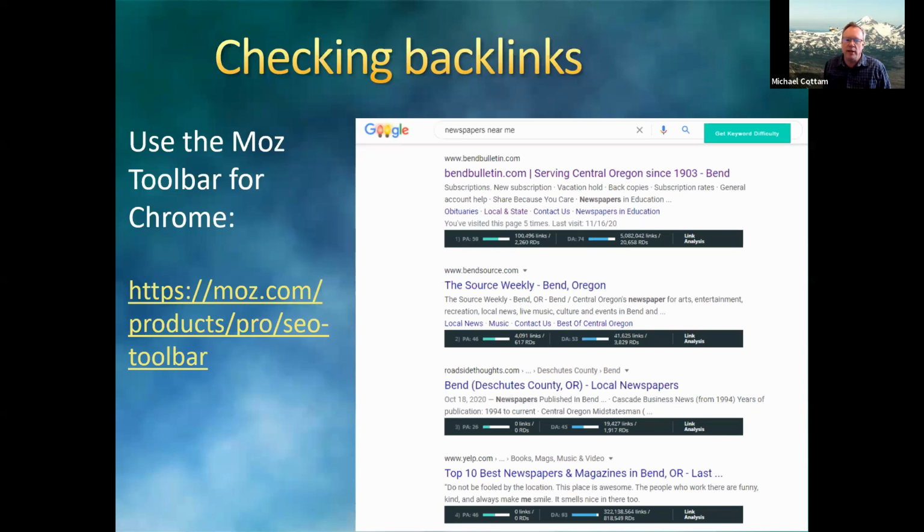Sometimes your content is good enough that with a deficit in your backlinks compared to one of your competitors, your content is scored by Google as being better and you can bump above somebody. But all else equal, if you and your competitor's article both have a great photo and a great amount of text content, et cetera, the one with more links is probably going to rank higher. This toolbar, I think, costs $100 a month. If you're going to do a fair bit of SEO on your own for your site, or you're wondering what's going on, it's well worth it. In my business, because I'm looking at this all the time, I have to have it. But you need to decide for yourself whether that's something you want to dive that deep into.